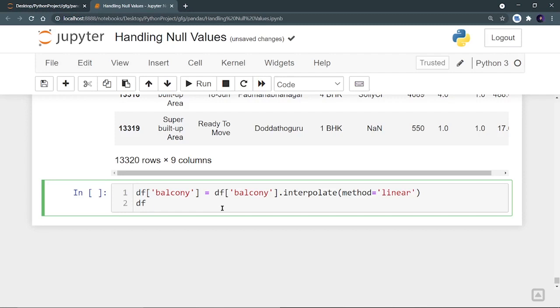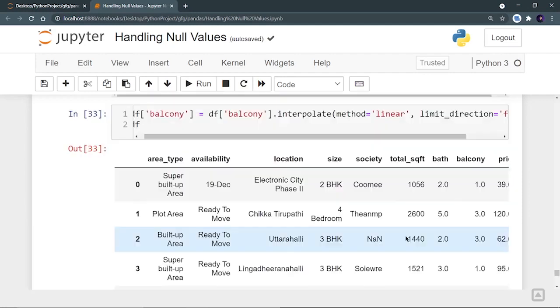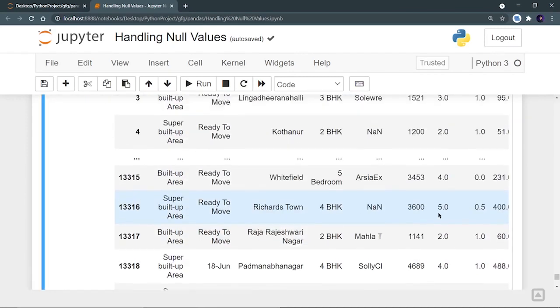This is the significance of the limit. But here we are going to see the limit direction. That means we have to define whether the limit direction is forward or backward. Here my limit direction is forward. So I'm going to set limit direction as forward, and we can run it. I can see that all the null values in the balcony column are now interpolated perfectly.